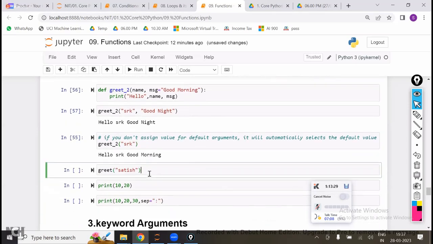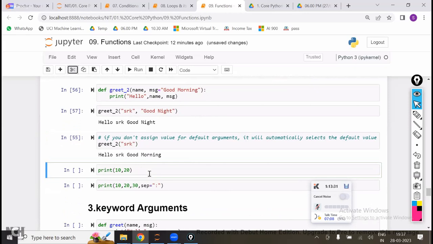Now, if you observe this one, print 10, 20. Print 10, 20 means what is the output of this? 10 space